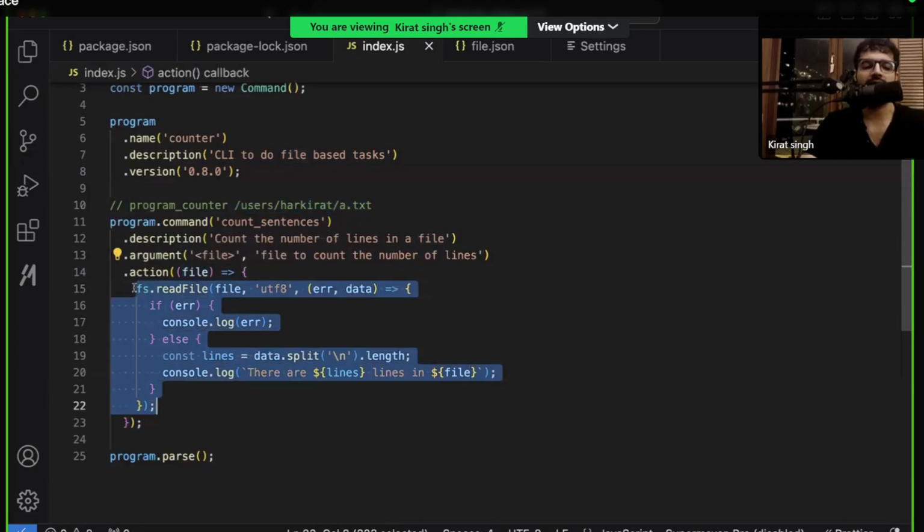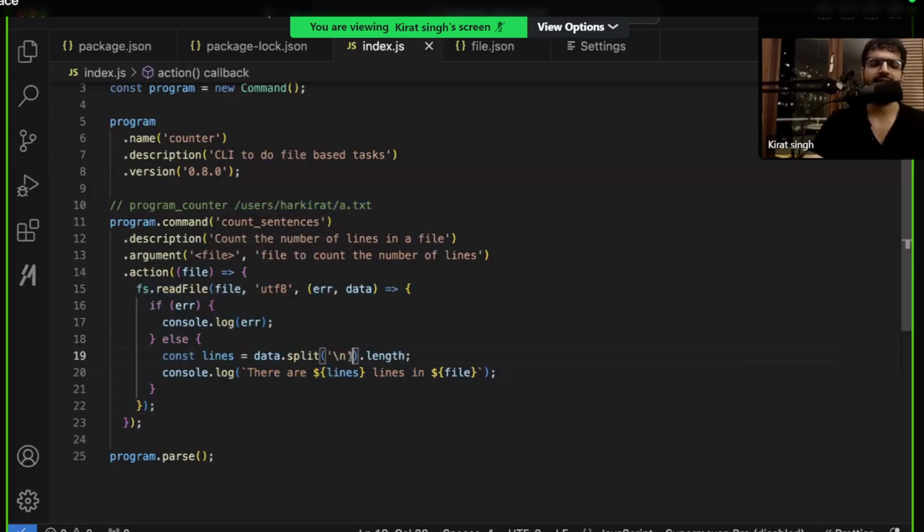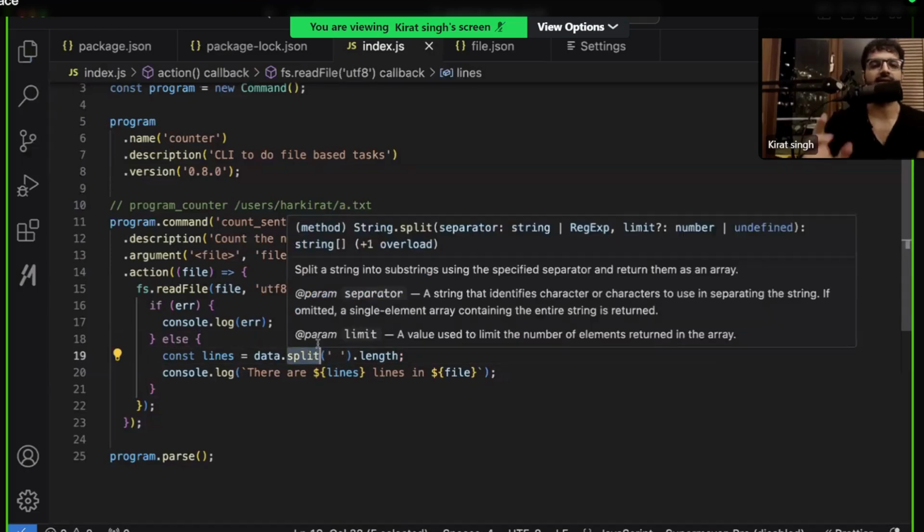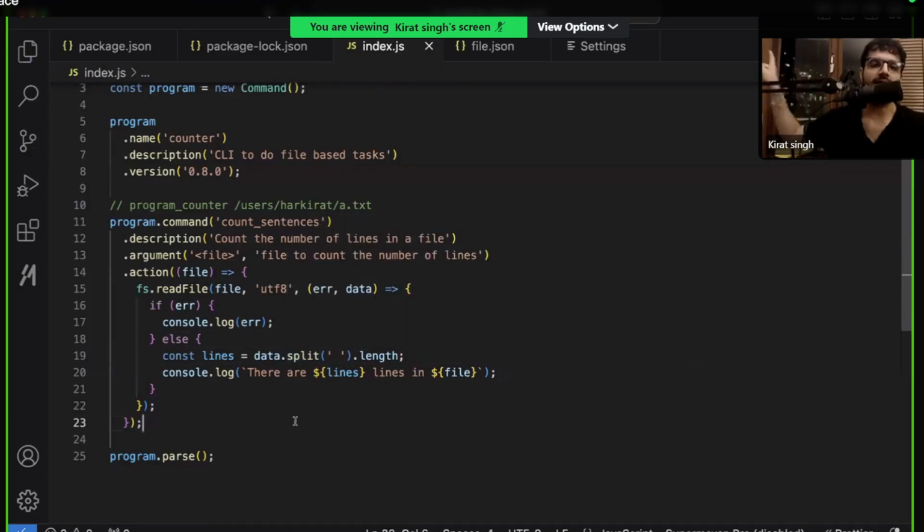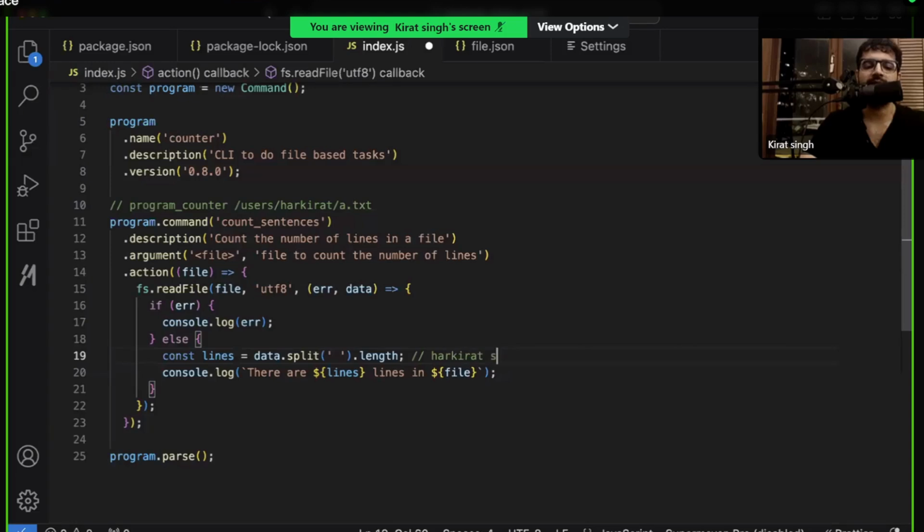And then the logic inside is the same, right? This is slightly different logic. If you've done the assignments, then you already know what this split function does. It is used for something similar in the assignments. It will basically convert the string. Let's say there's a string Harkirat Singh. It will split it based on this space over here and convert it into an array.